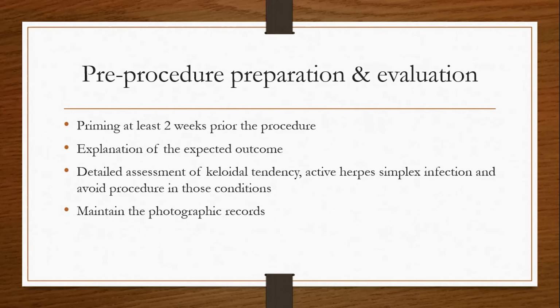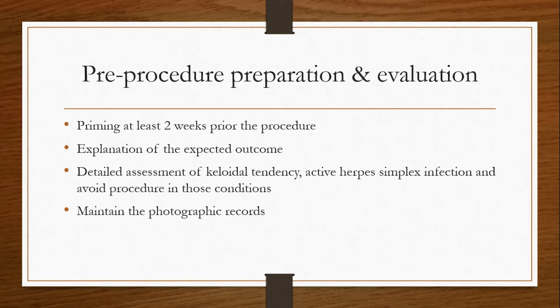Before undergoing all these types of procedures, it's always better to prime our patient at least 2 weeks prior to the procedure, and preferably, if possible, 4 weeks priming will be better. Priming can be done with various agents like topical retinoic acid, topical vitamin C serum, and topical depigmenting agent, especially for pigmentation prone skin. We should start depigmenting agent prior to this procedure because there can be chances of post-inflammatory hyperpigmentation. So we should always prime our patient 2 to 4 weeks prior to the procedure.